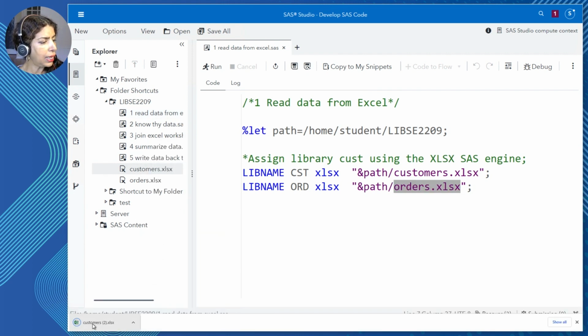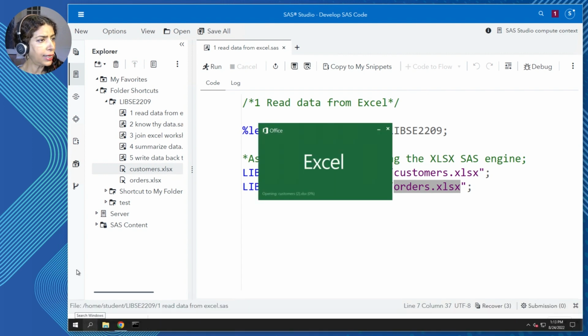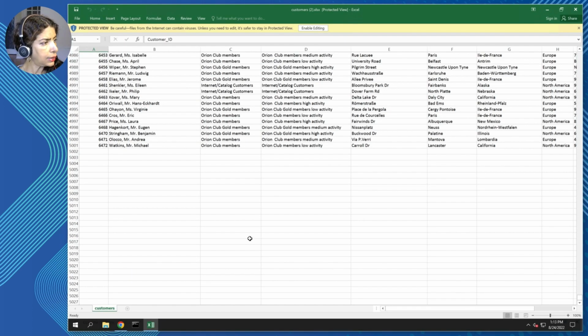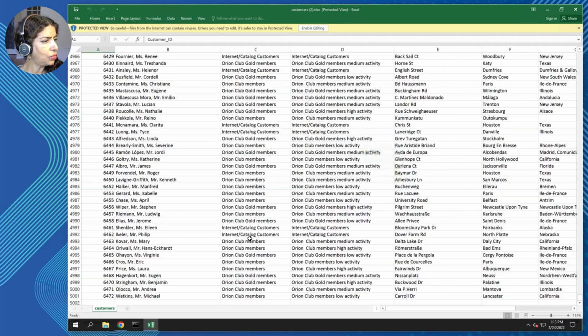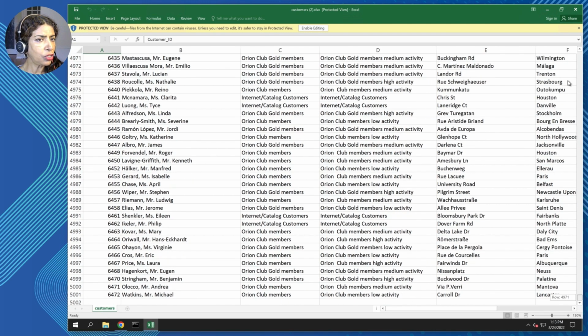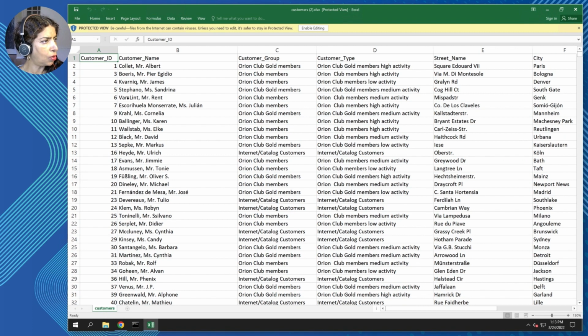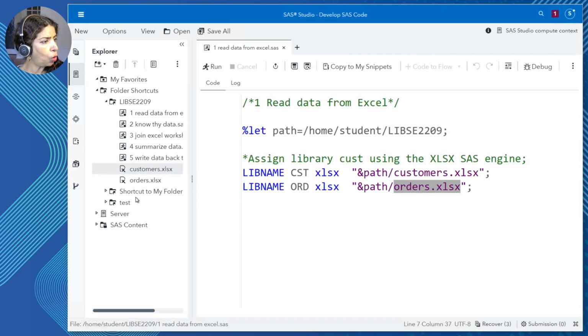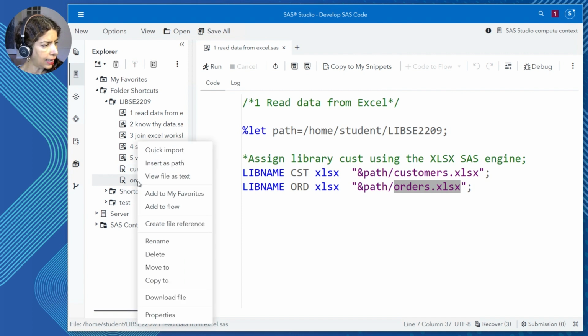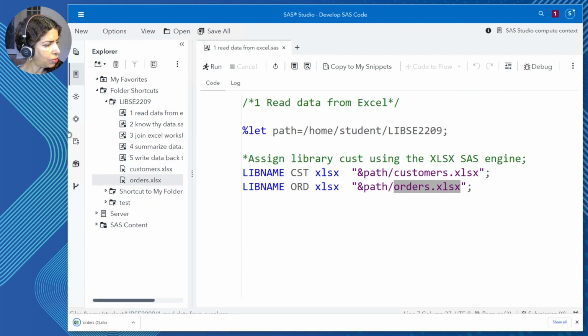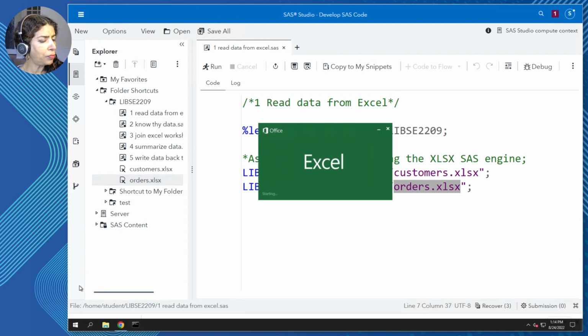This is how I'll be able to launch that Excel workbook, and I can see that I have about 5,000 rows of data, and each row has got customer demographics. So unique customer information like their IDs, their names, and a lot more like street names, city, etc. That's my first workbook. I'll close it up and open up the orders.xlsx. Same idea, I download the file and then I'll open it up to launch Excel.